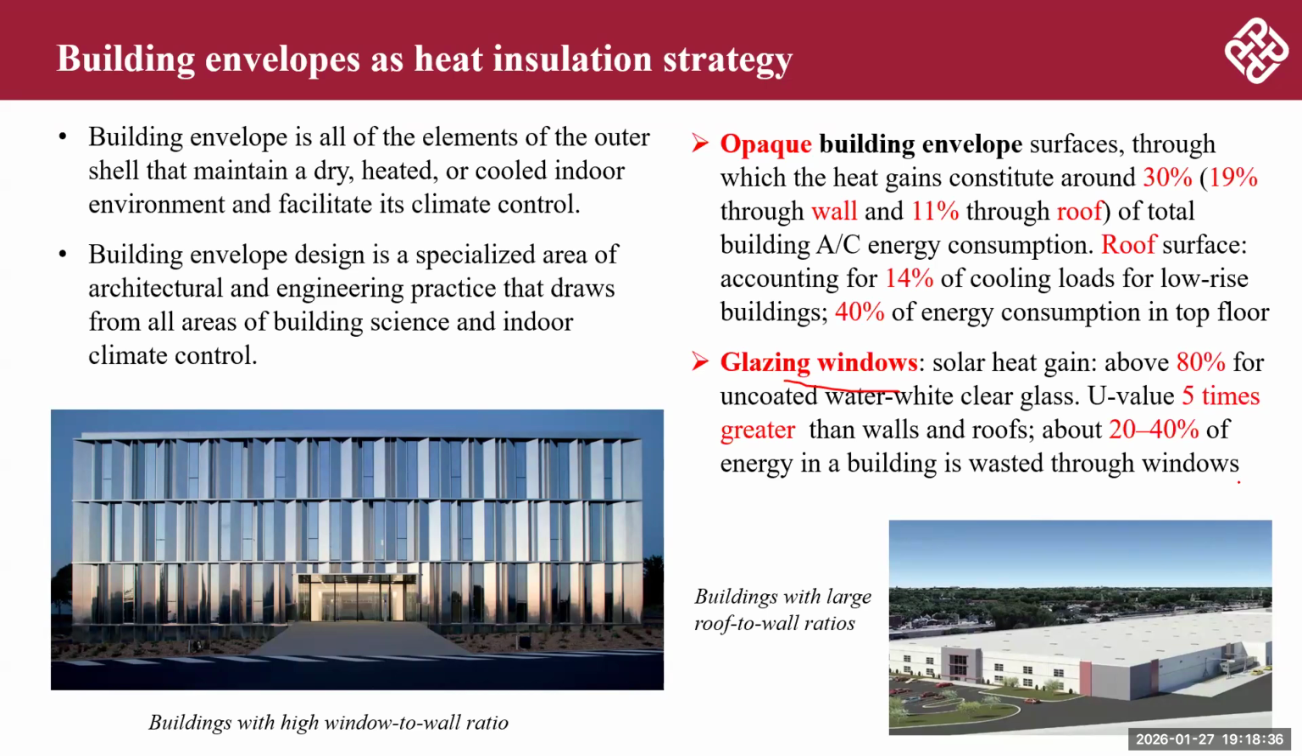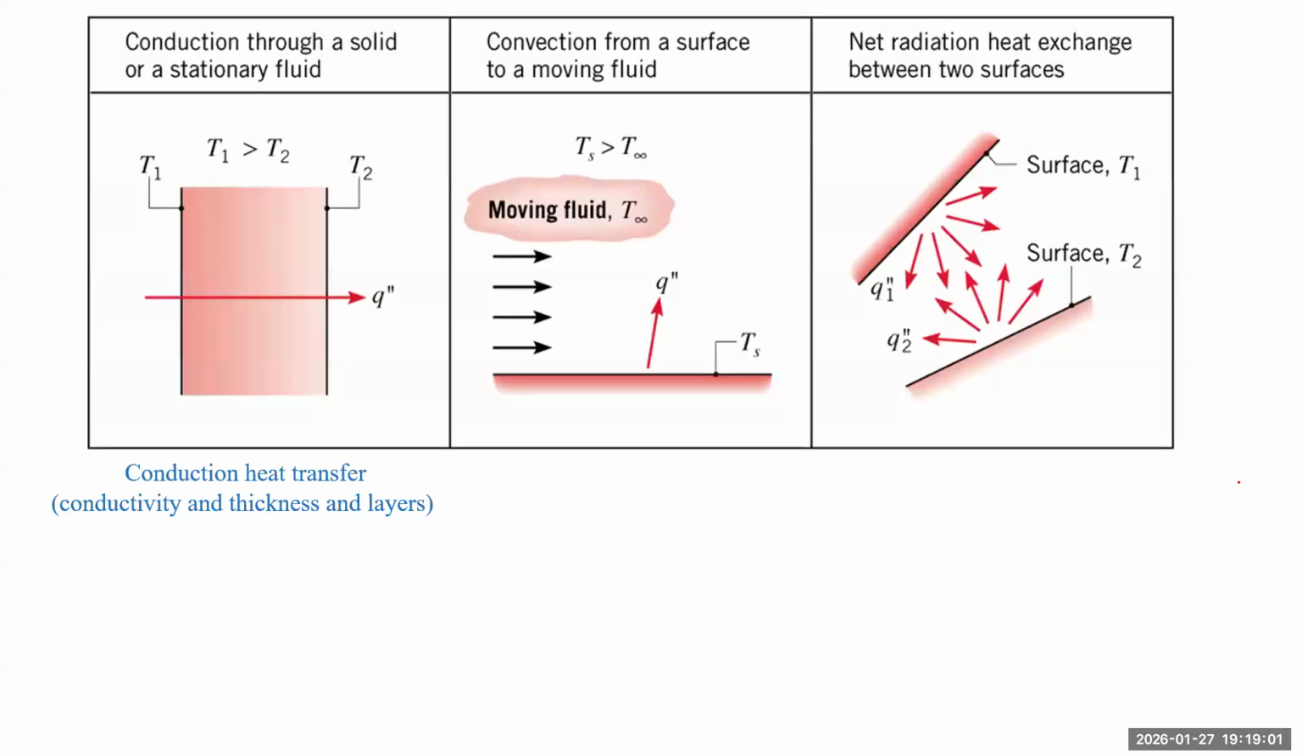However, we can see glazing windows or curtain walls have high U values and a high solar heat gain, which we will introduce later, causing high building energy use for air conditioning, for space heating and space cooling. Because I understand some of you have a different academic background,